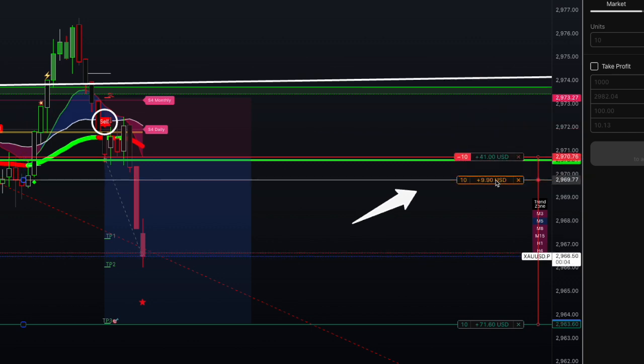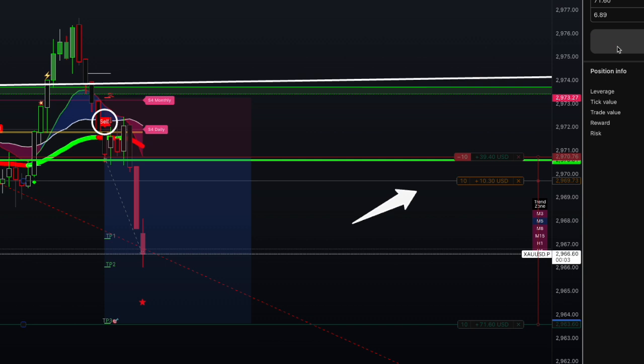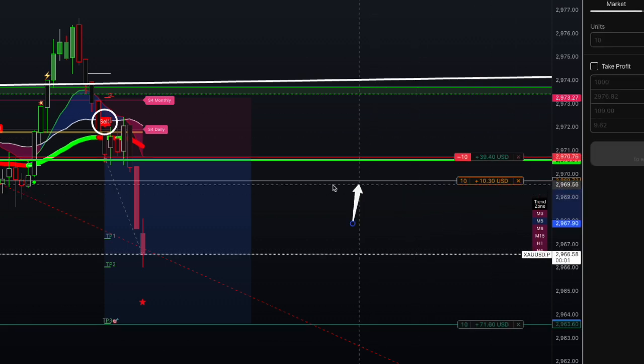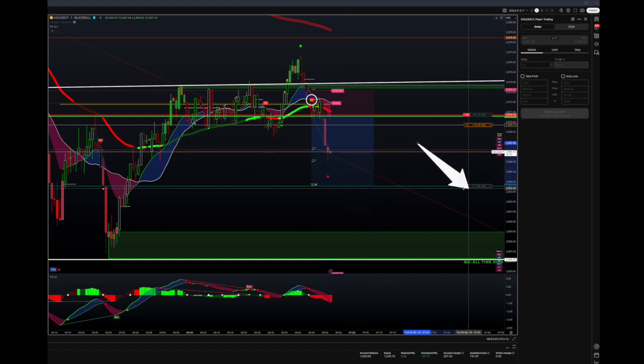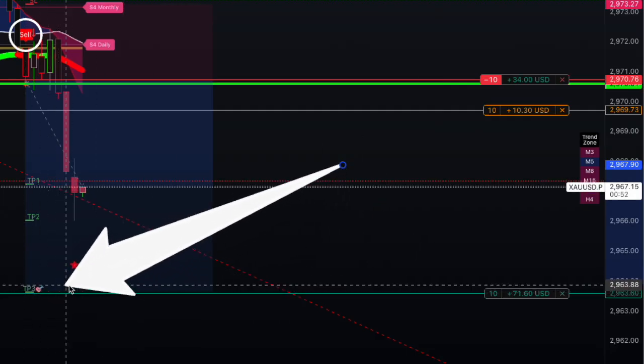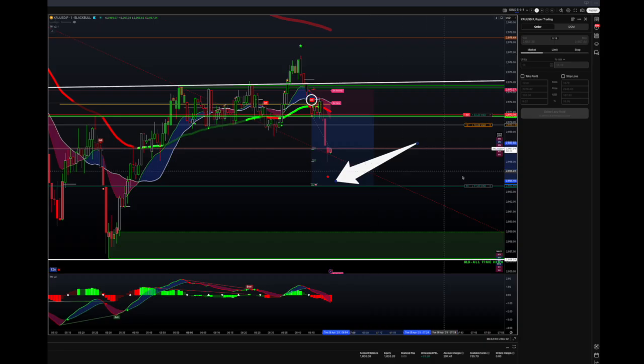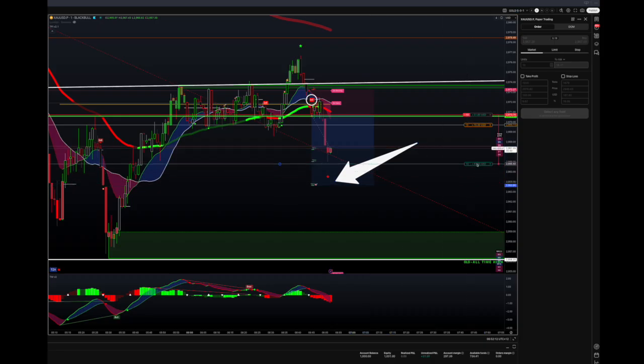So this is me adjusting my trade, moving my stop loss and clicking modify, which now means I have locked in these gains between my entry level on that green line and where the stop loss is. I've now locked in gains. I've still got a take profit level set at TP3. So when price gets there, if it gets there, it'll close our trade. I could adjust that. I could move that up to TP2 right now, but I'm going to leave it on